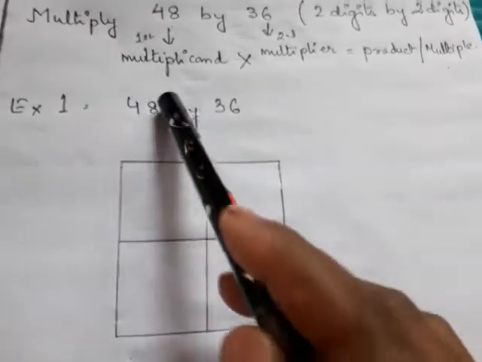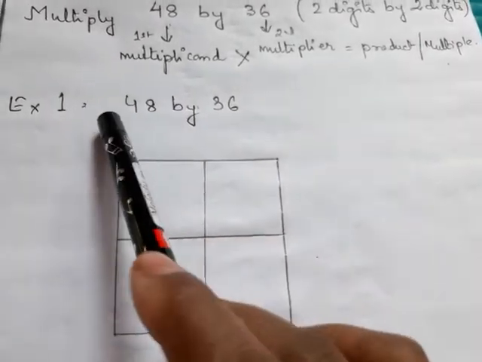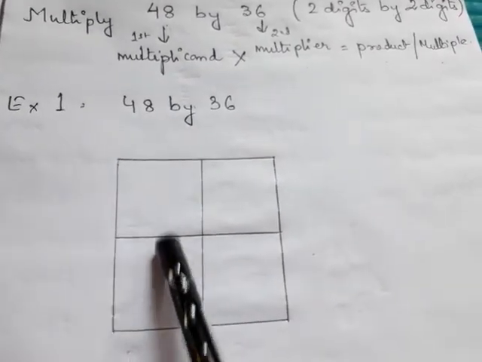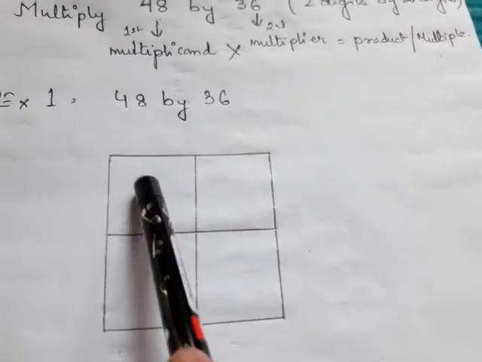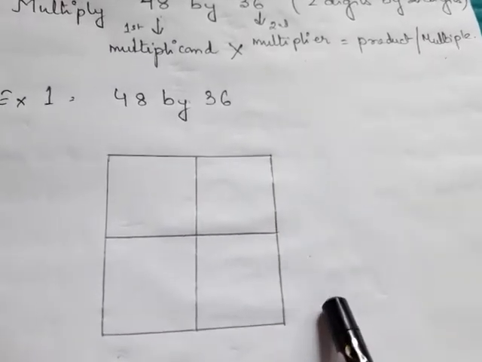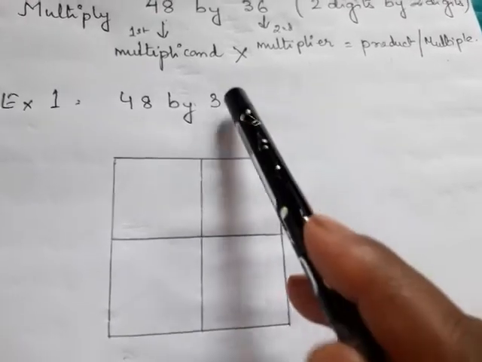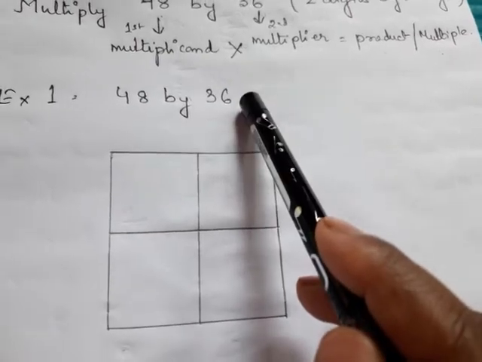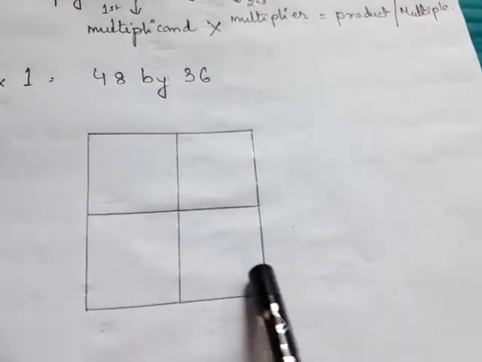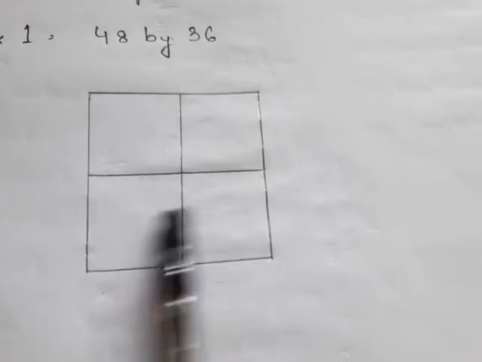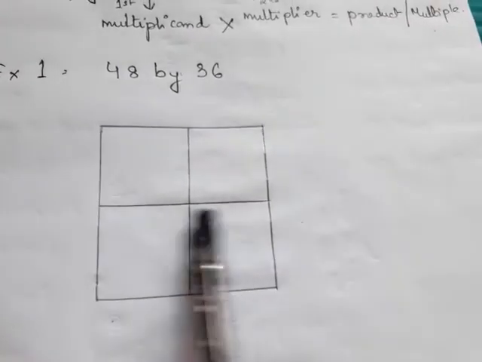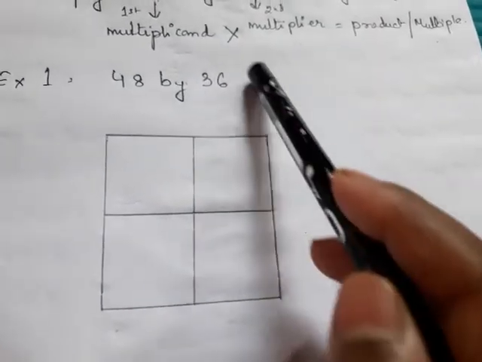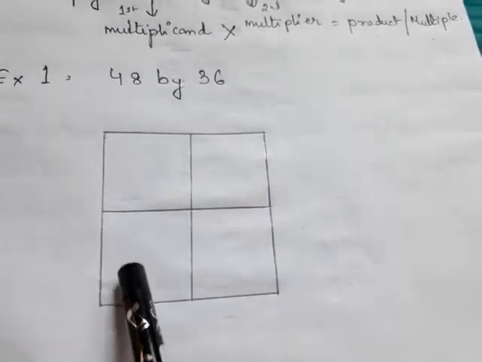Okay, so supposing I have 3 digits here, how many columns will I draw? I will draw 3 columns. That is, I will draw vertical lines and separate 3 columns. Okay, if I have 3 digits in the multiplier, clear? So how many rows will I draw? I will draw 3 rows, making horizontal lines. So my columns and rows are different. Okay, for the multiplicand I will draw columns and for the multiplier I will draw rows.